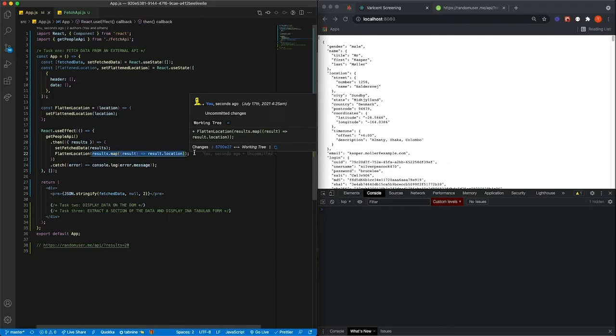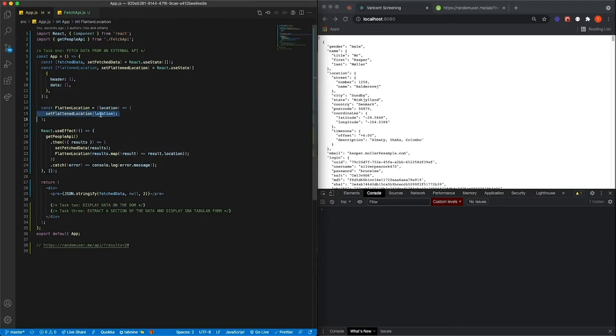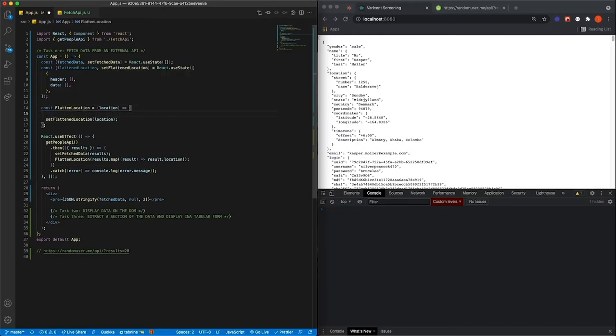So we want to get the header out, and also we want to get the data. Inside this function we have what we need here. So what we need to do here is